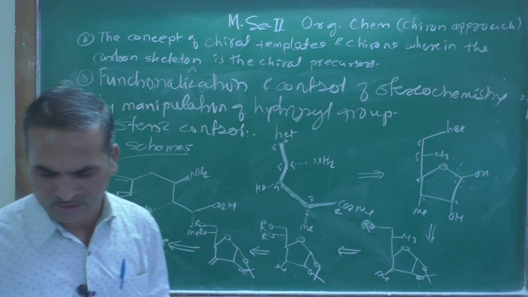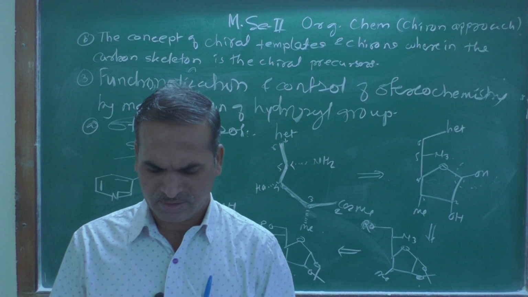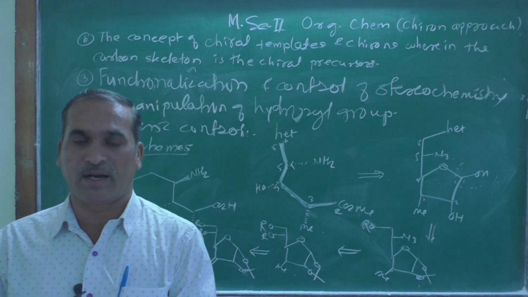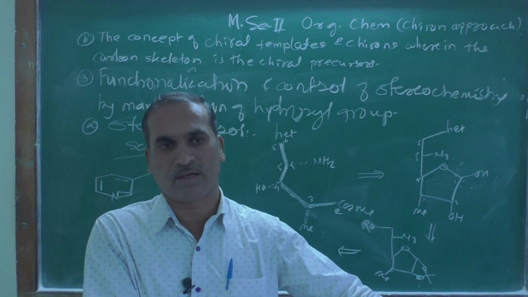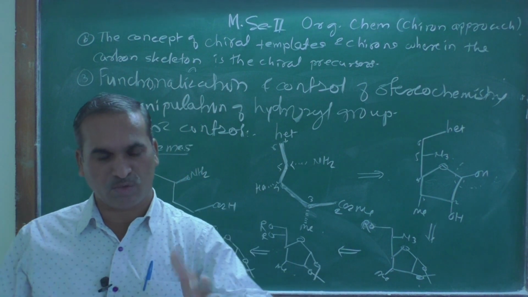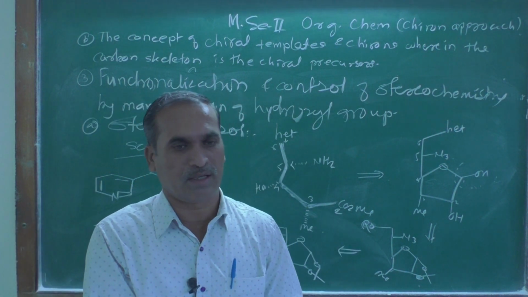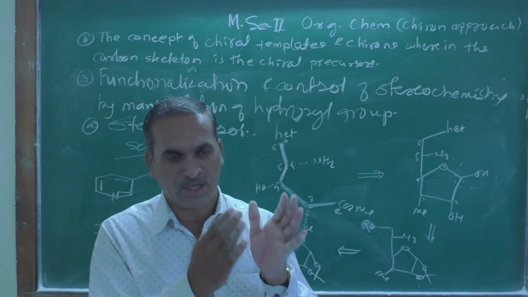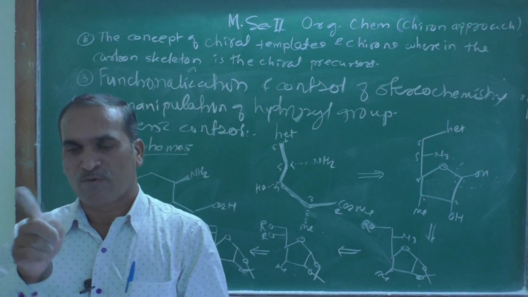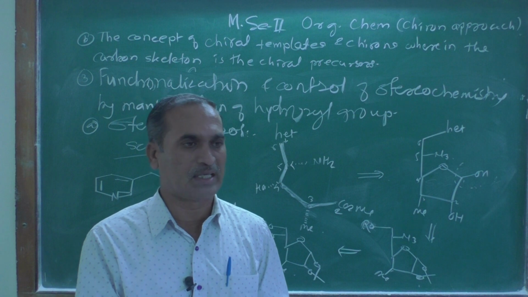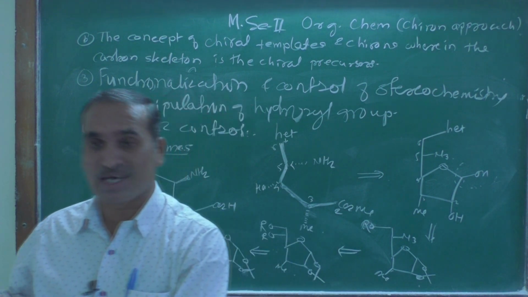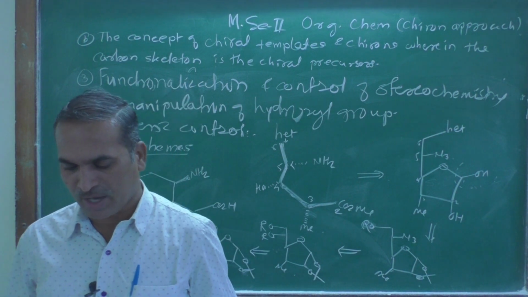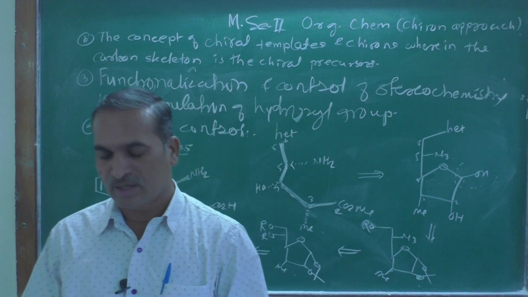The name of this target molecule is one of the amino acids. Okay, and it has the same sense of chirality. At the beginning we have seen the target molecule and the precursor, what type of chirality they must have, what type of functional group, then sense of chirality, stereochemistry, functional group relationship, topology, availability and the cost. These are the things we already discussed in our previous lecture, and it has the same sense of chirality as that at C4 in a D-glucose